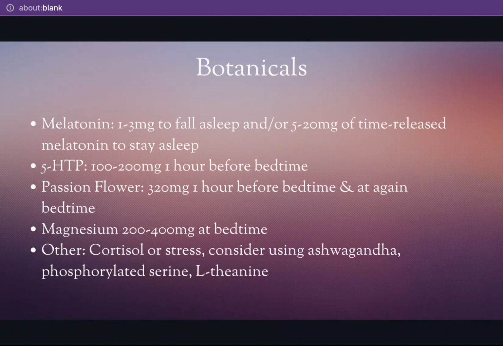But then there's other things. There's L-theanine, phosphorylated serine. There's more than I've put on this paper. But really what I tend to go for is my first line of defense is typically magnesium. And then I go to a mixture of botanicals. So something that may have L-theanine in it, passion flower, and 5-HTP, and a little bit of ashwagandha. So there are blends that I find to be very helpful. And it's really just hit or miss. You find the one that works for you, and you stick with it.